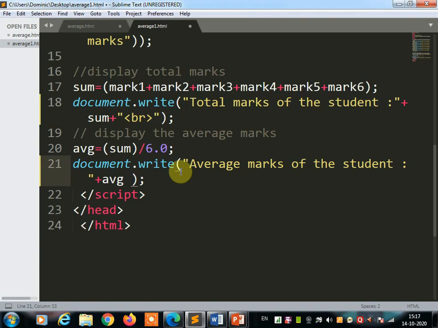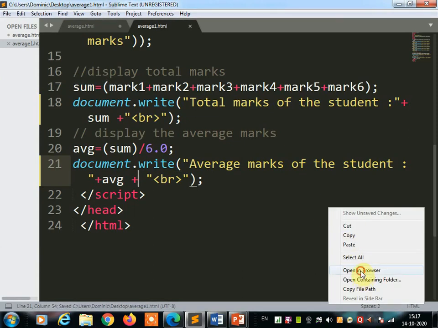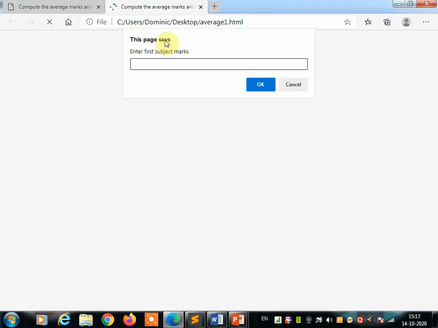So plus sign required, and save, open in the browser, and now check it.